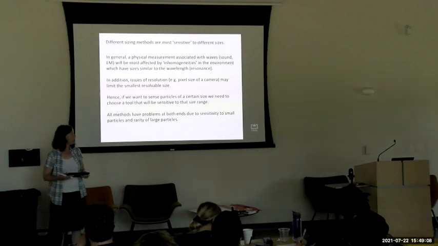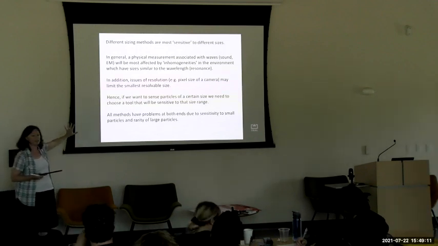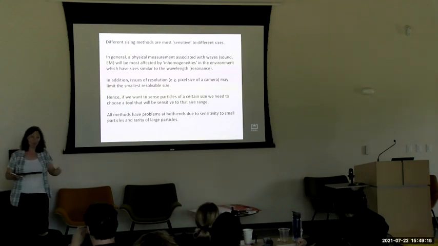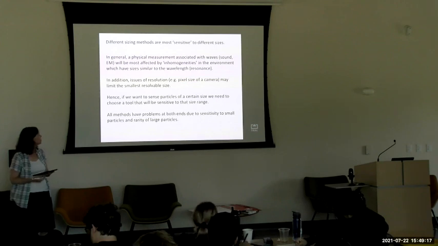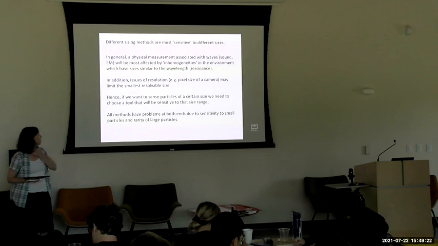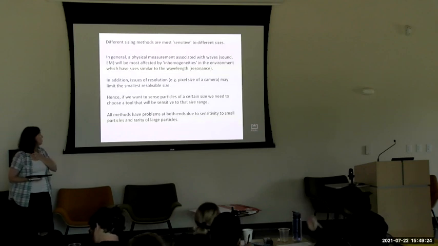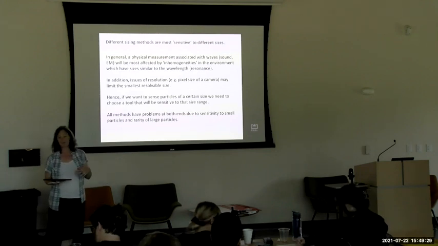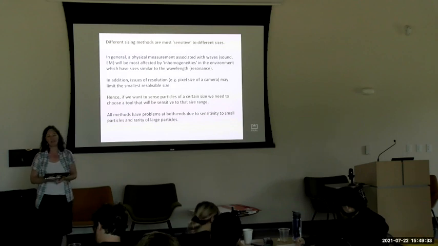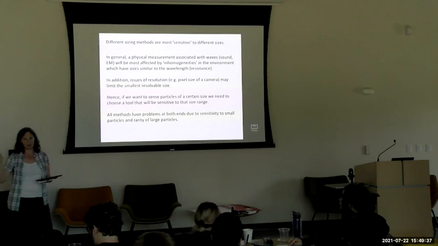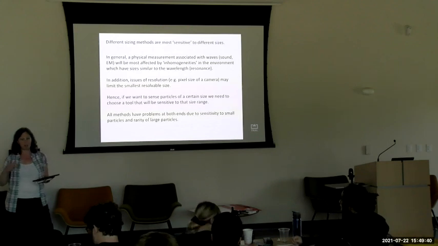combinations. We've got these limitations of instrument resolution, right? So there's always going to be a small size below which we're not going to detect as well for all these instruments. You need to be aware of that, what kind of aliasing there might be. There's also this rare large particle issue, or sample size that's too small, to really resolve the frequency of the rarest particles. So those two limits, the instrumental resolution and sample size, are things that are worth keeping